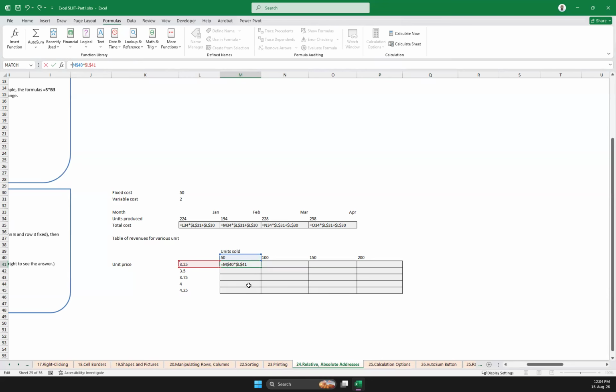When I drag down, what has to change? This one is L41, then L42, L43, likewise. But L should not change. Only the 41, 42 should change. Therefore, I'm going to remove the dollar sign in front of 41. Now, if I drag this and copy the formula